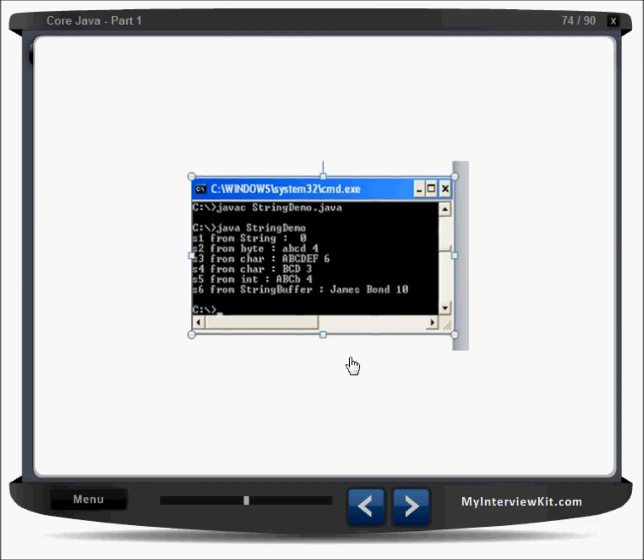So it is like that, right? And there was the James Bond string, so we created one string from there, from a string buffer, and we are printing this James Bond here, and the size is 10. So it is 5, 6 and then 10 characters, so length is 10. There's one length function which helps us to find the length of the string. And now